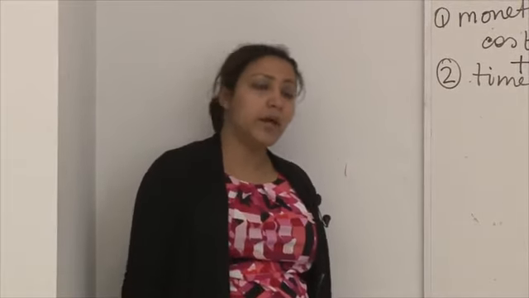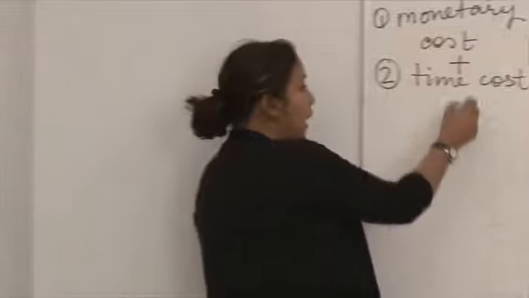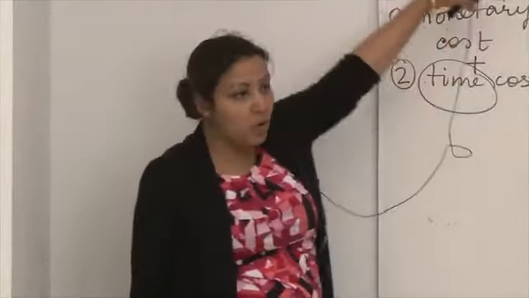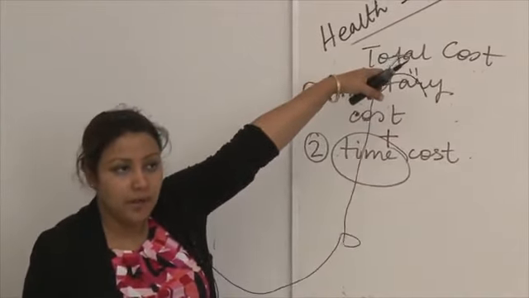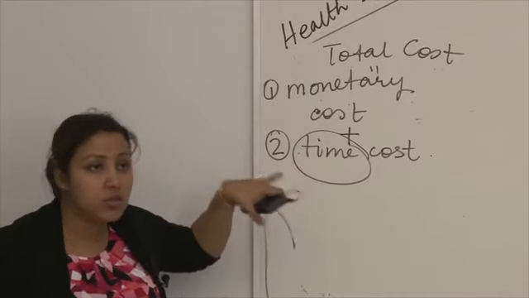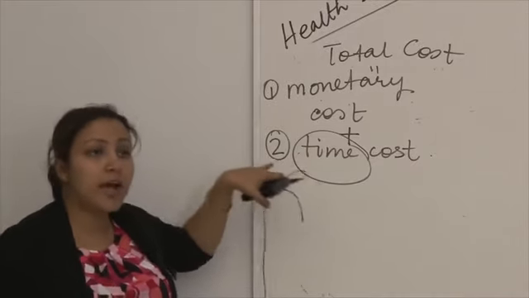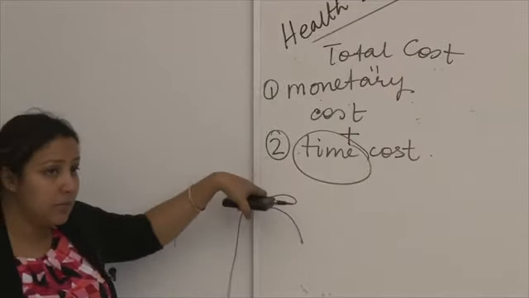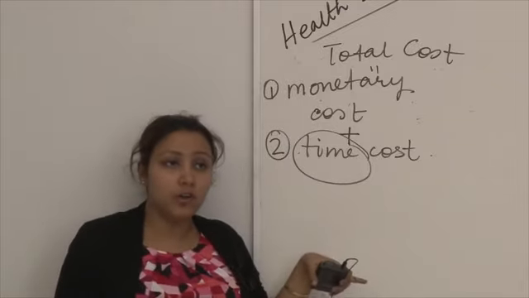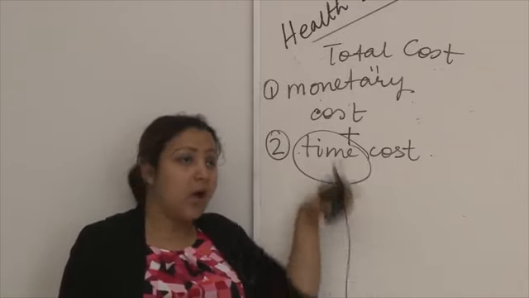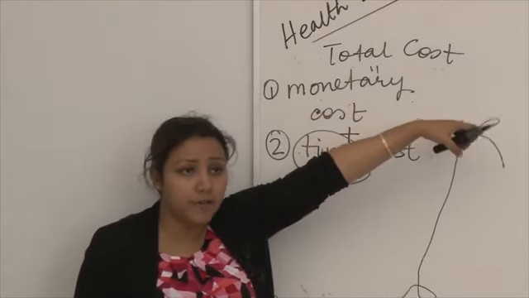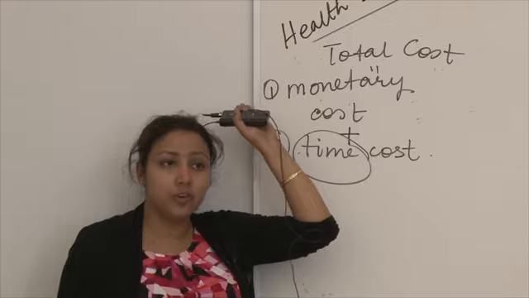Okay? What do I mean by that? Somebody who values time more than money, that person will be willing to incur more monetary cost and less time cost, correct? If I am a very busy person and my time is extremely important to me, then I would rather have treatment which takes less time, and to compensate for that less time, I am willing to pay more monetary cost, right? And how can I insulate myself against that monetary cost? By buying a health insurance coverage that covers for more of the monetary cost, right?